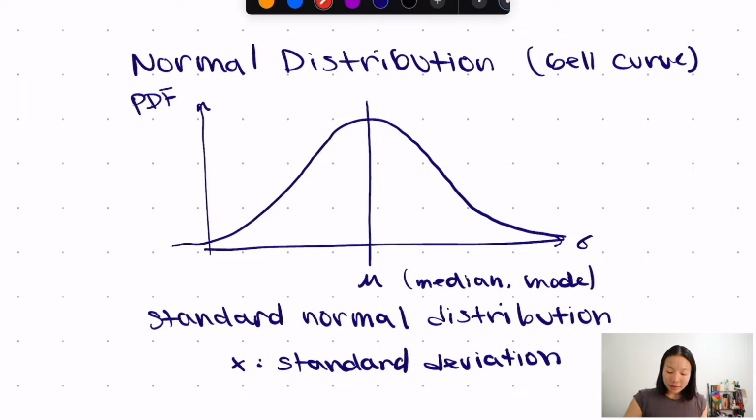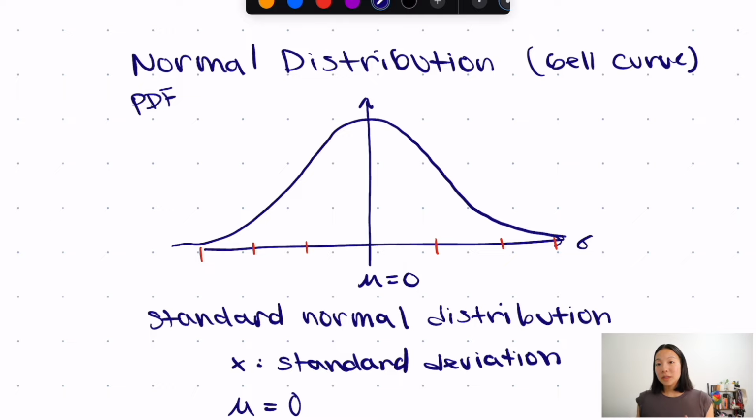And we basically have these buckets of standard deviations. So this is actually the middle of the distribution. And in the standard normal, mu is going to be equal to 0, because the x-axis is standard deviations, and the mean has a standard deviation of 0. So this is our mean. And now something that's really cool about the standard distribution is that if we look at the number of standard deviations away from the mean that we are,